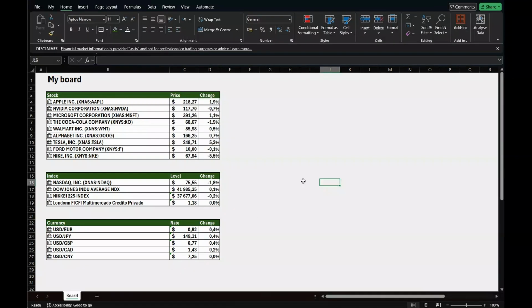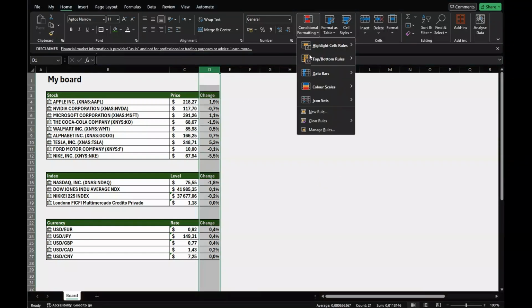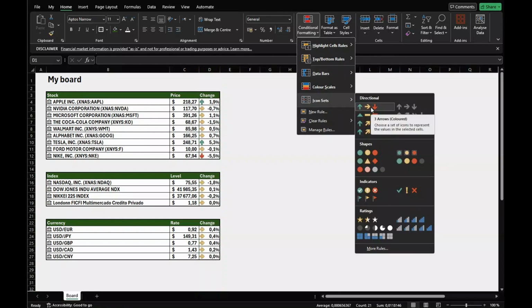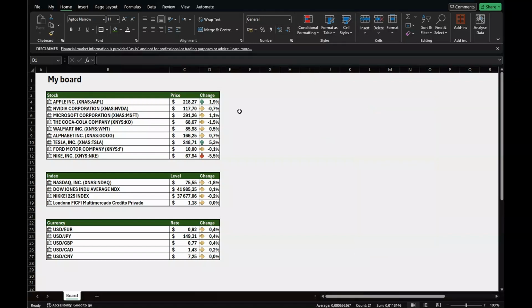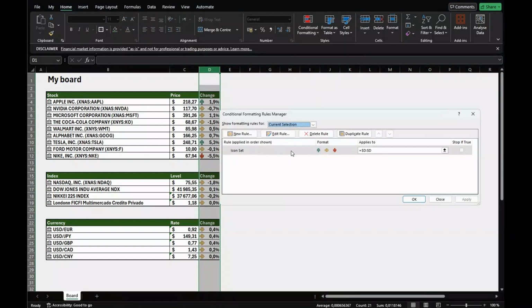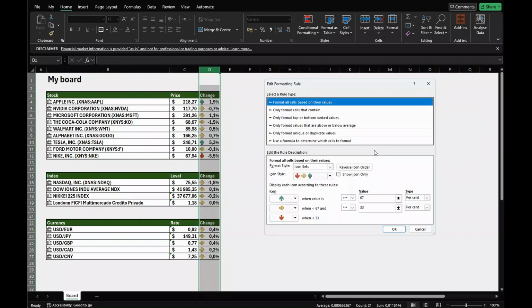The last thing I would like to have is to add some conditional formatting. I'll do it here, conditional formatting, and I choose icon sets, and I should choose arrows, green, yellow, and red. And it will automatically set them, but I want different values on them. So here I go to Manage Rules, I mark the rule, edit it, and here instead of percent I would